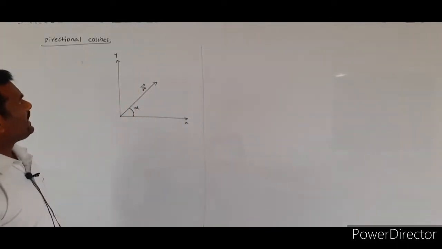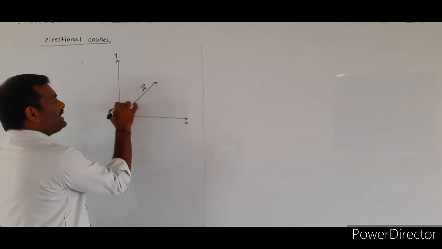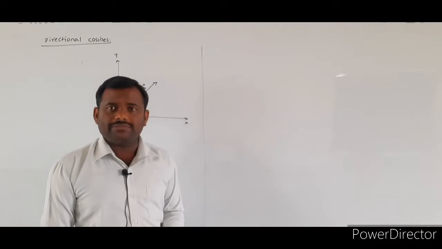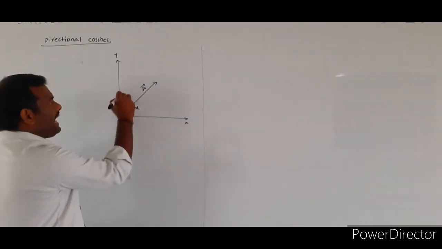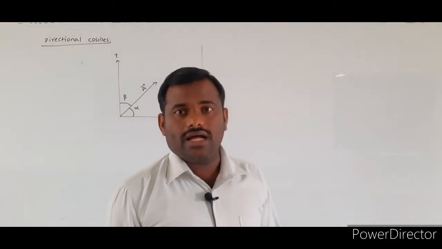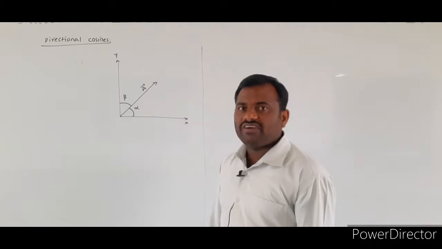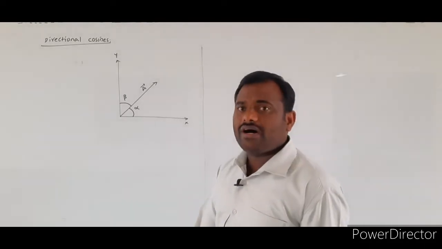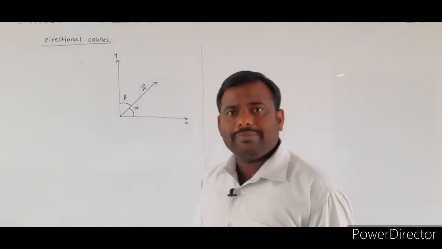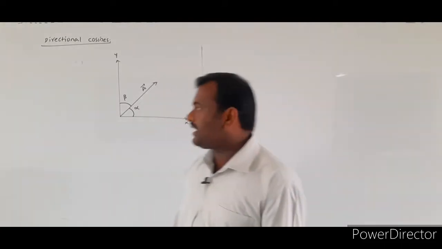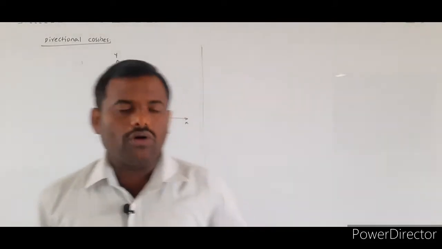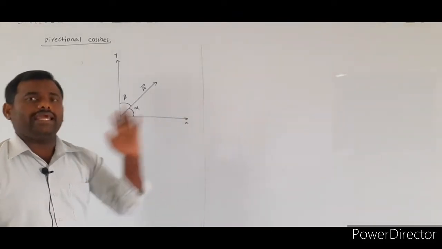If you look at the diagram, the same vector a bar is also making some angle with respect to the y-axis. That angle will be represented by beta. So here I mentioned two different angles, not theta and 90 minus theta. One is alpha, the angle made by the given vector a bar with respect to the x-axis, and beta is the angle made by the same vector with respect to the y-axis respectively.